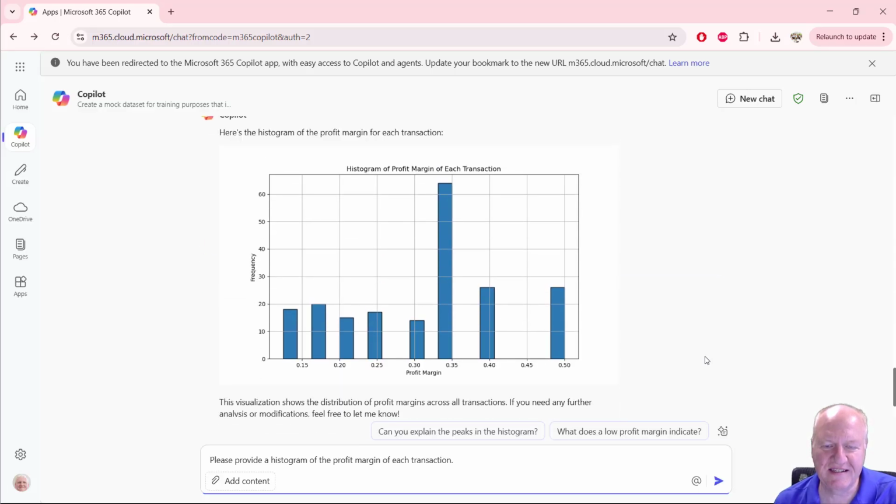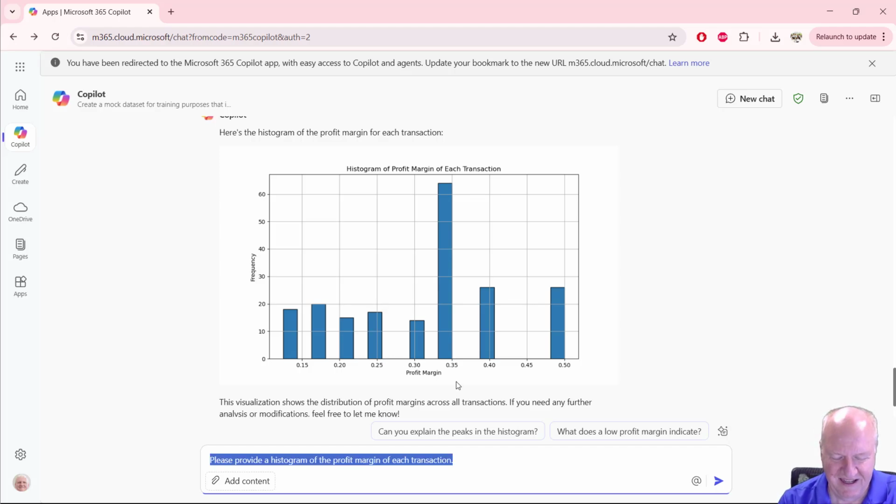Okay, so here is a histogram of the profit margin. Looks like it's kind of fixated here. We could define the actual ranges or the bin sizes that would help us better see, because you can't tell which ones that includes and which one it doesn't. Maybe we can just ask it, could you tell us the bins you used in the histogram?